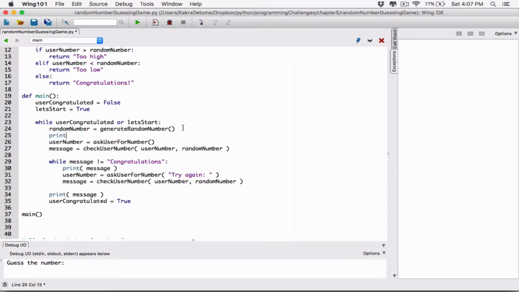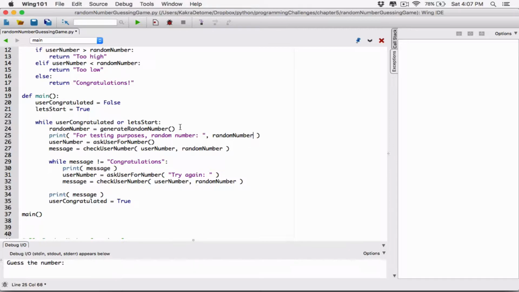Let's just print out for ourselves just so we can see the random numbers. I'm just going to say over here, for testing purposes, random number, and then I'm going to say colon, and then I'm going to type in